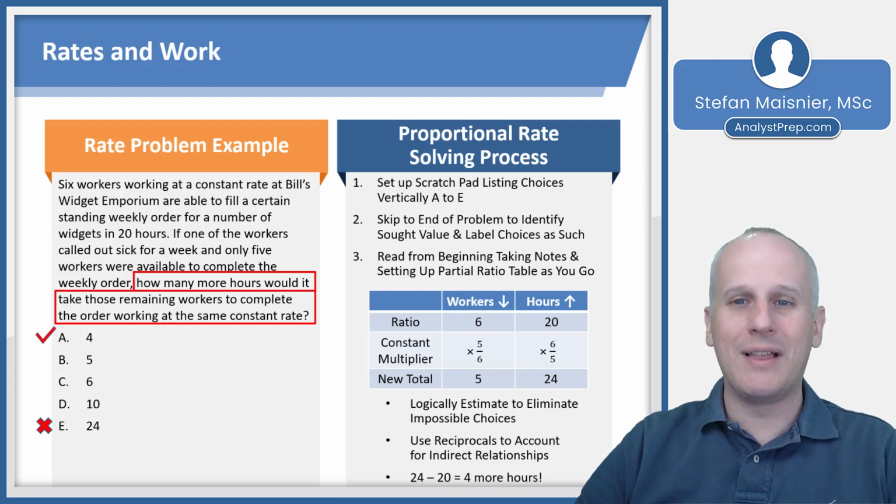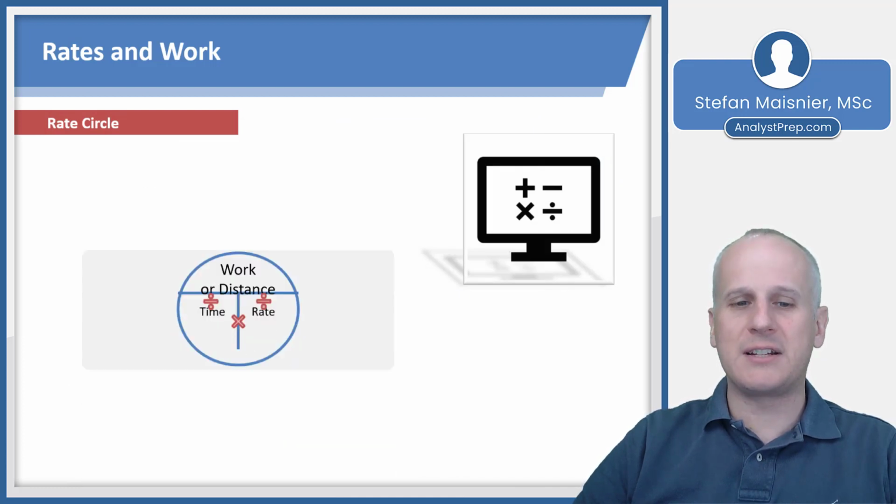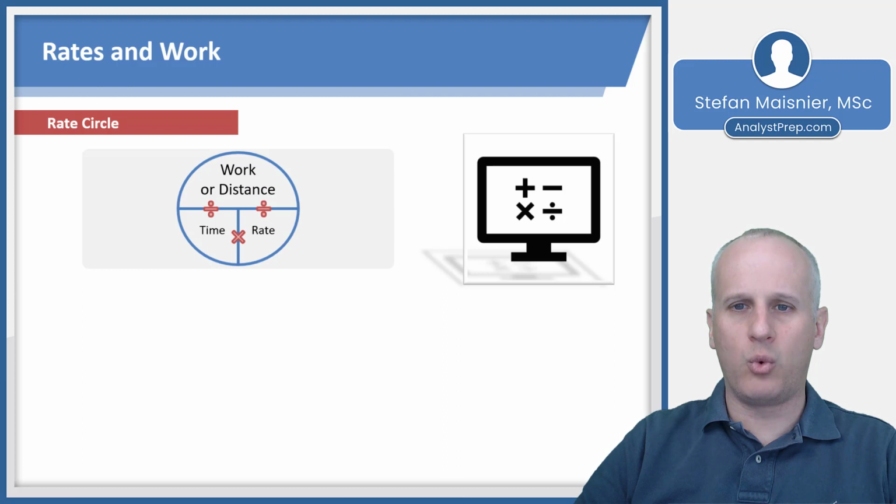But note, we eliminated the trap of choice E if we solve for the wrong thing by just being diligent at the outset and saying, well, we know it's not going to be more than double the amount of time. So then we get to what is probably the most flexible of all of our rate and work structures, which